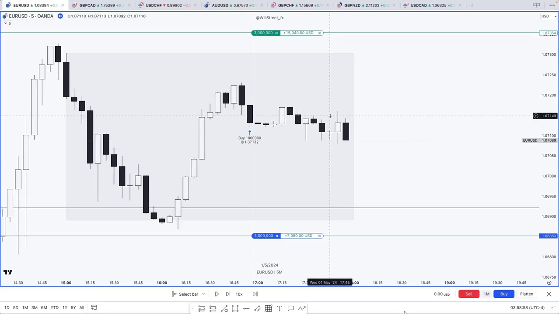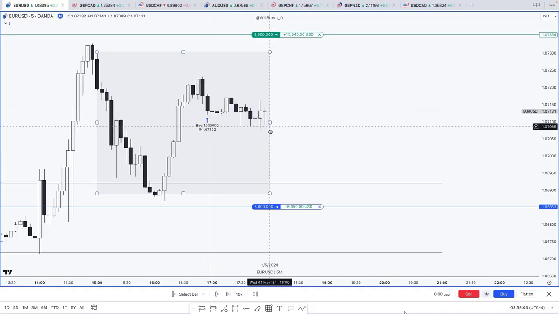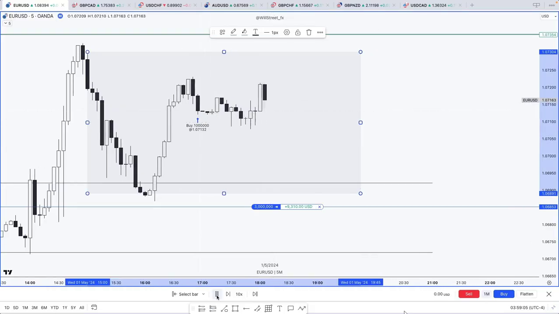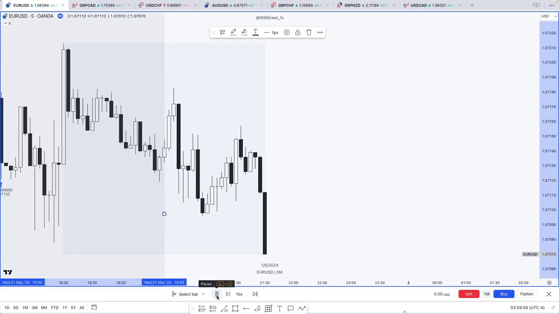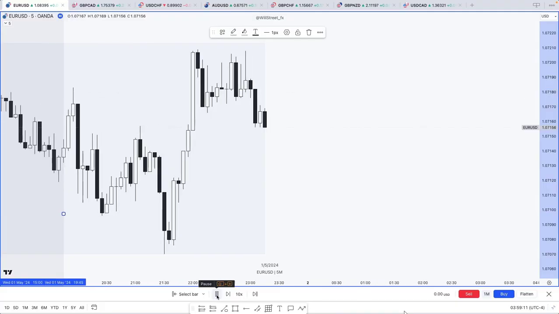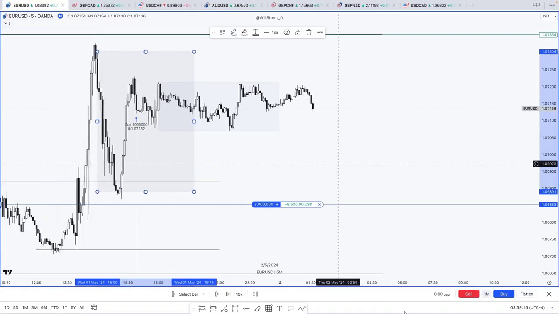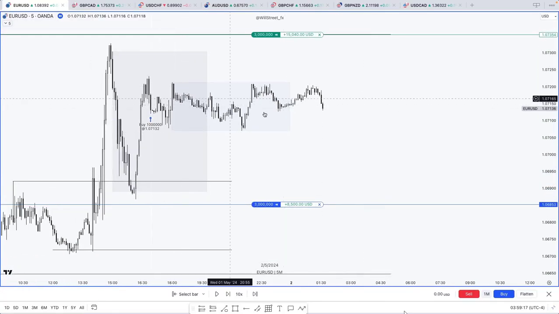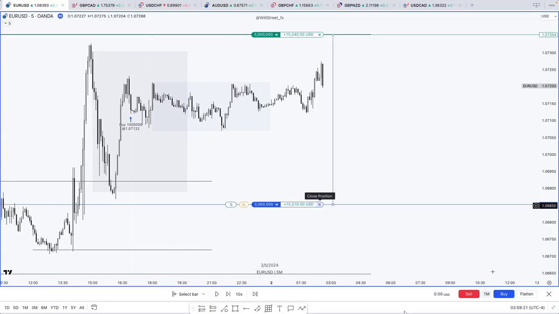Well, this was Asia, so it will consolidate, and we already know the bias for London. This is the best that could happen to us, that the target is not reached in Asia, in this case. So what we'll do in London,